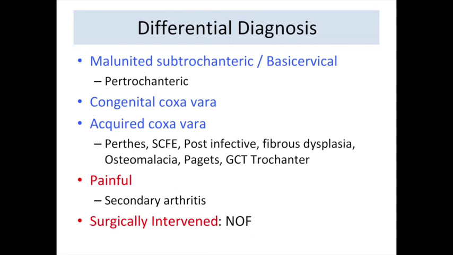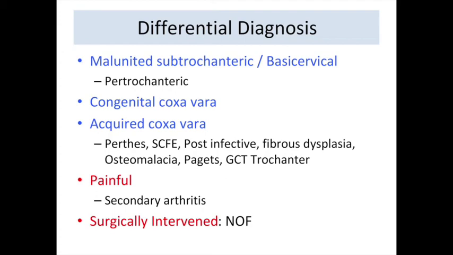It could rarely be a malunited subtrochanteric fracture or a cervicotrochanteric fracture, both of which could come under a term like a pertrochanteric fracture. There could be a case of a congenital or acquired coxa vara whose history of fall was insignificant, and he has come to you after a few years. So you need to look at all those diagnoses in your mind.